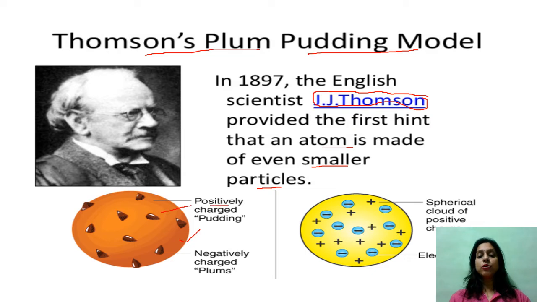It is positively charged, whereas the plums which are spread or distributed on the pudding act as negatively charged. Similarly, in the same manner, Thomson compared his atomic model with this model, that he explained